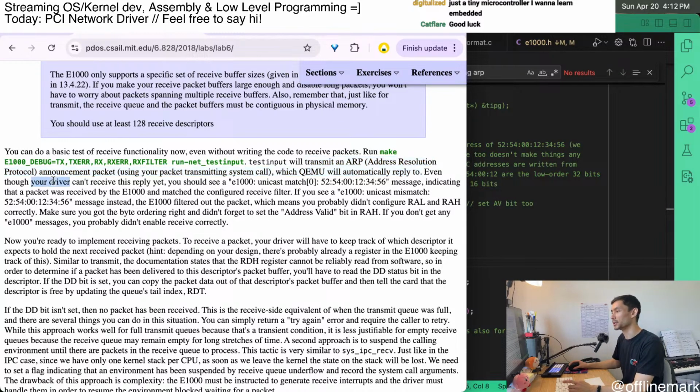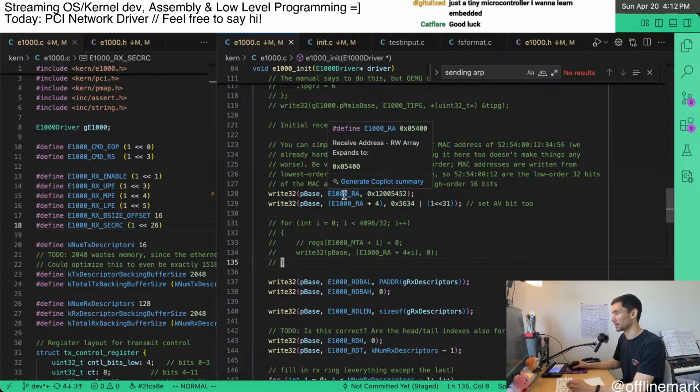So even though we can't really receive the reply yet, we should see some kind of message apparently saying a unicast thing matched our MAC address, a match. If you see a mismatch, we got filtered out, which means you probably didn't configure RAL and RAH, which are, again, these are,